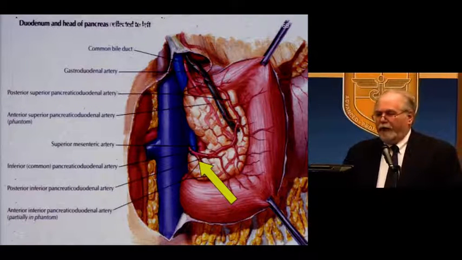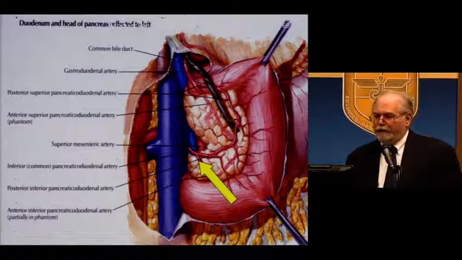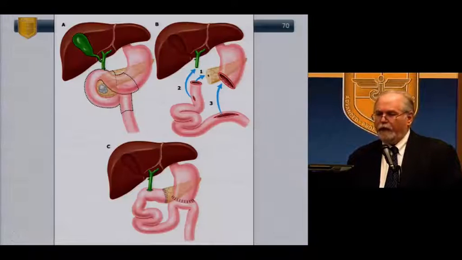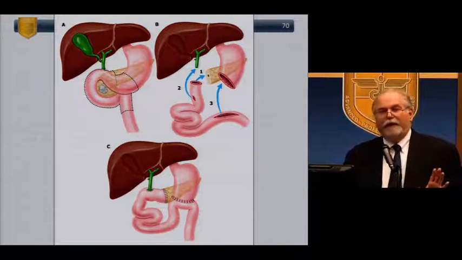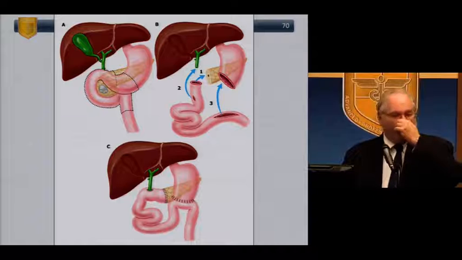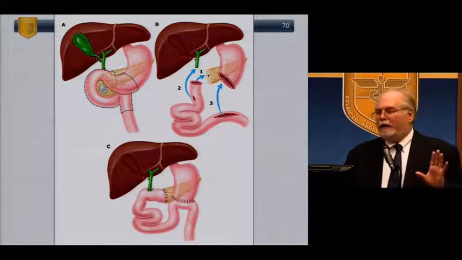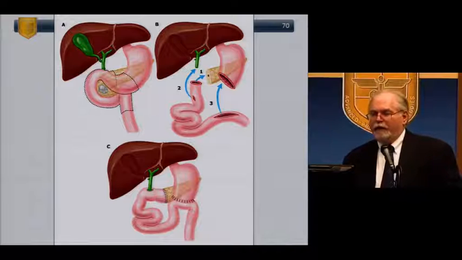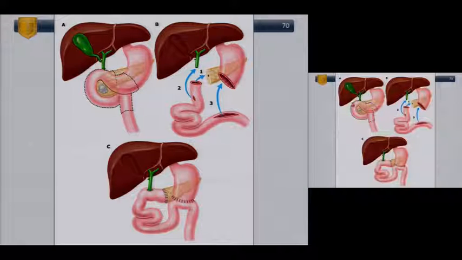So here you have your pancreas reflected with a generous Kocher maneuver, your SMA and SMV visible here. And the typical Whipple, and there are many ways to do this. This is just one way. It's the way I like to do it. It by no means is the only way to do it. There are some people that do a Roux-en-Y. There are some people that do a lateral, but generally speaking, for a traditional standard Whipple,